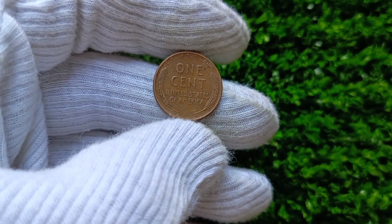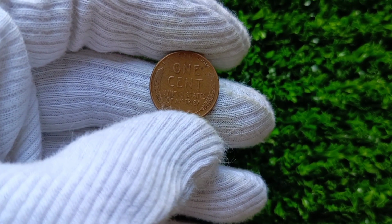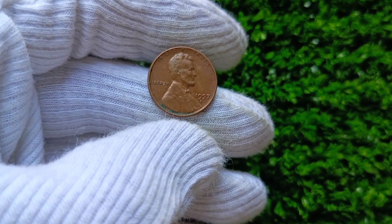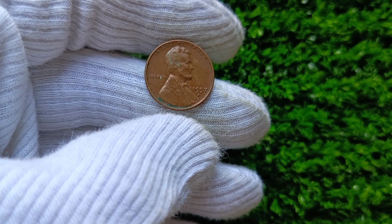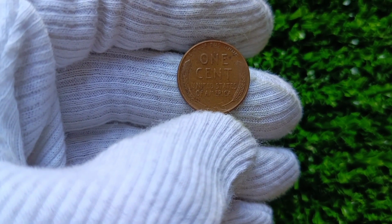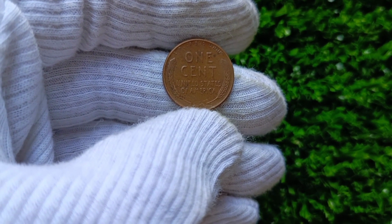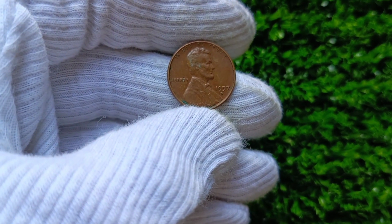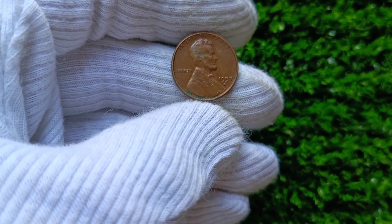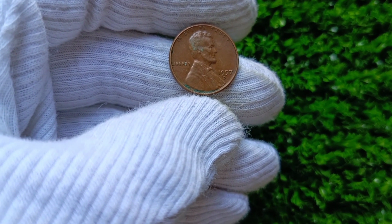While most people might overlook a 1957 penny in pocket change, experienced collectors know the hidden potential in seemingly ordinary coins. Many of the most valuable 1957 pennies were once in circulation before being carefully preserved. This is why coin roll hunting and searching through old collections can still yield incredible discoveries. Every so often, a rare error or high-grade example is found, proving that valuable treasures can still be hiding in